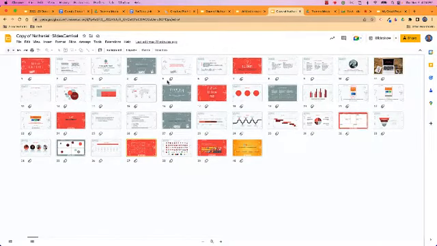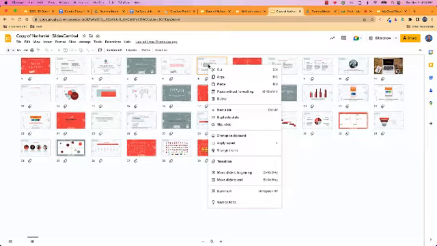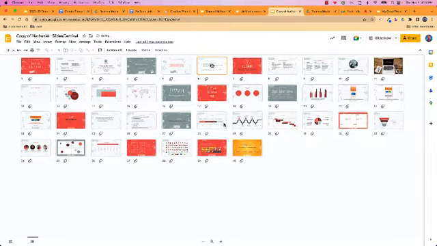So let's say you're looking through all these and you say, oh, you know what, I want my first period class to see the first 6. My second period class, I don't want them to see slide 6. So what you do is you click on the slide, and then if you control click on it, you can say skip slide. Then whenever you do that presentation, you've not deleted the slide, it just automatically skips over it whenever you're in